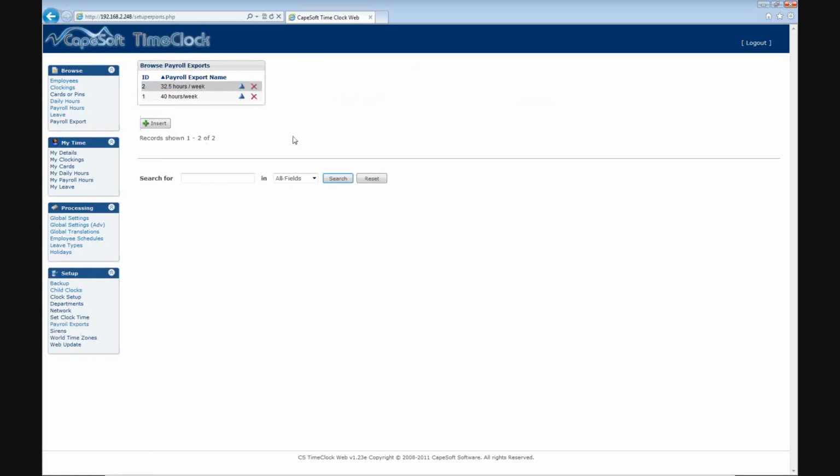As you can see, I already have 2 payroll exports in there. If you have different balancing rules for different groups of employees, for example 40 hours a week or 32.5 hours a week, you need to create a separate payroll export entry for each of those rules. You can create these payroll extracts even if you do not export to a payroll, but you still want to apply your payroll balancing. So as an example, if we go and look at our 40 hours per week,